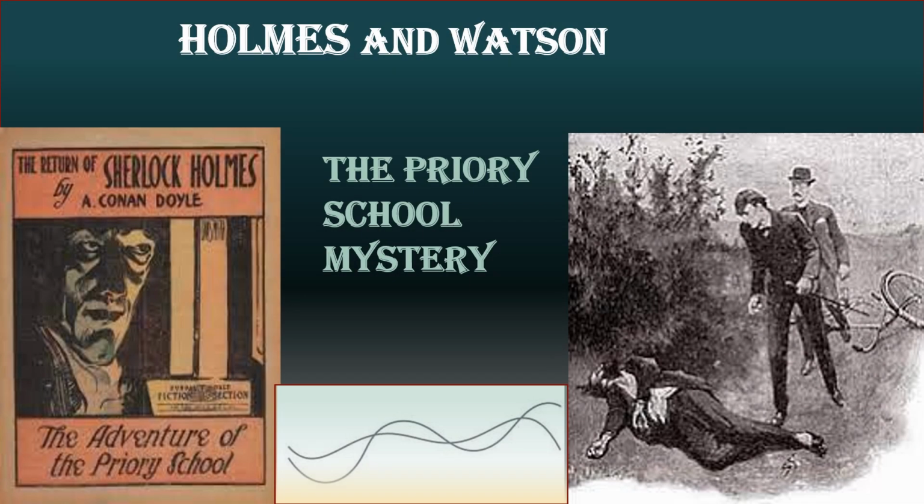Holmes and Watson are two detectives. They are working on a criminal case at the priory school. They found a bicycle track on the road covered with snow in front of the priory school. Looking at the path of the bicycle traced on the snow, Holmes immediately understood which way the bicycle